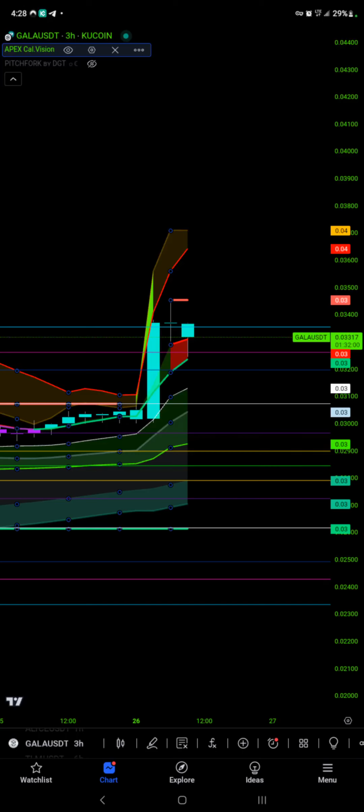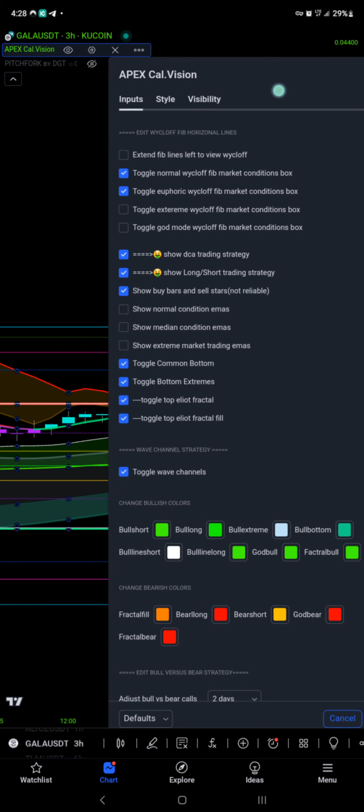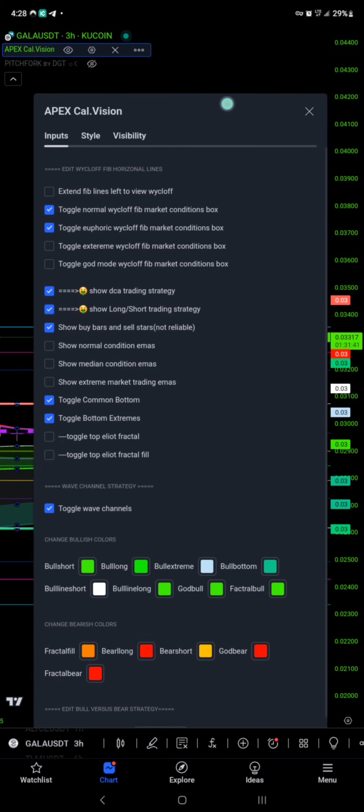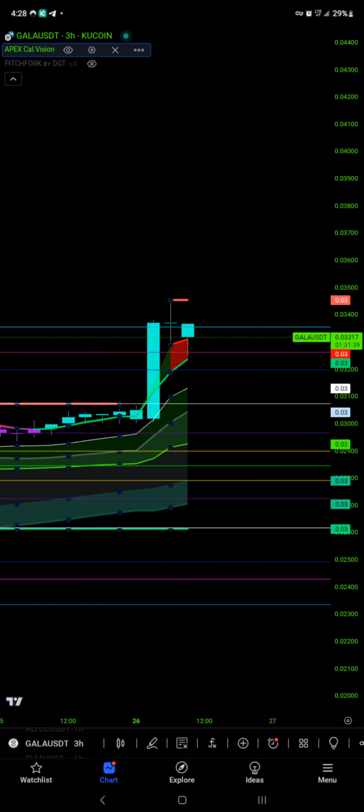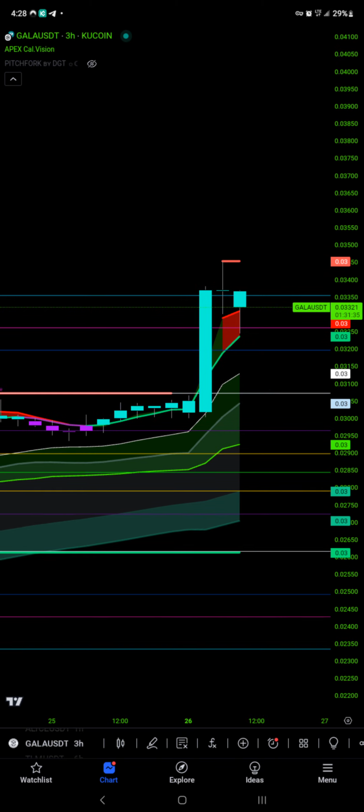So now, we talked about the fractal fill. What I'm going to do is turn off the fractal fill. Okay, we can remove that off the chart because we talked about it. Now let's talk about the